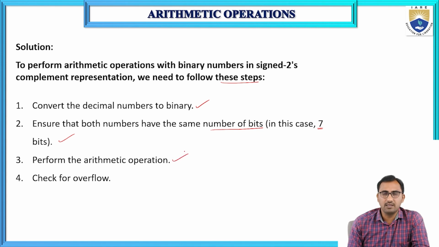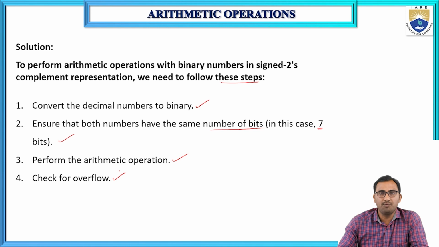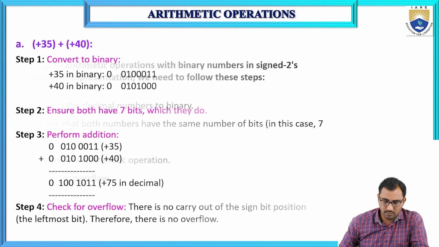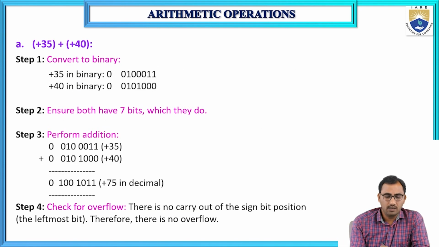After that, we perform the particular operation, whether it is addition, subtraction, multiplication, or division, and check for overflow. Finally, we have to check whether there is any overflow or not. So these are the steps to be followed when performing an arithmetic operation. So the first one is plus 35